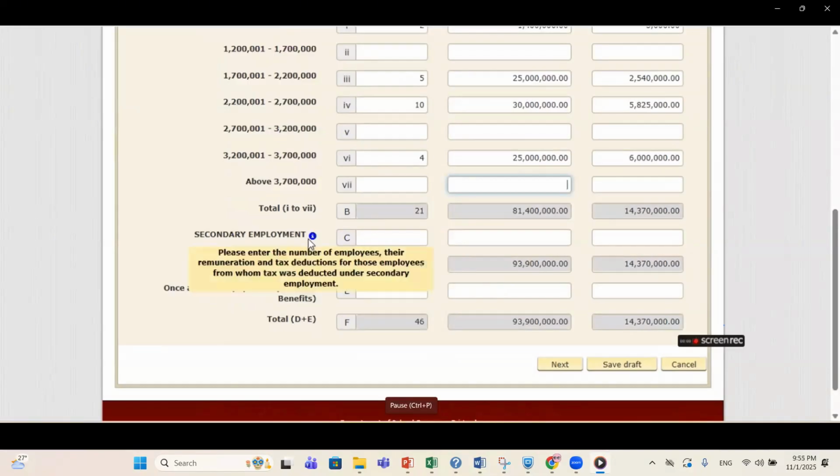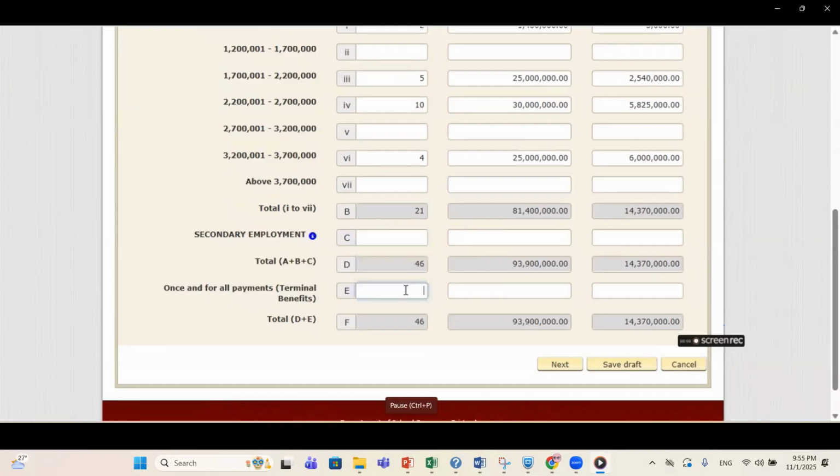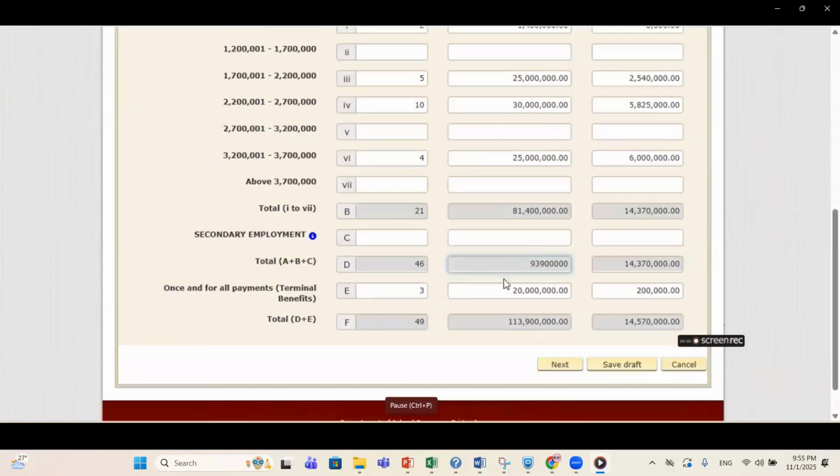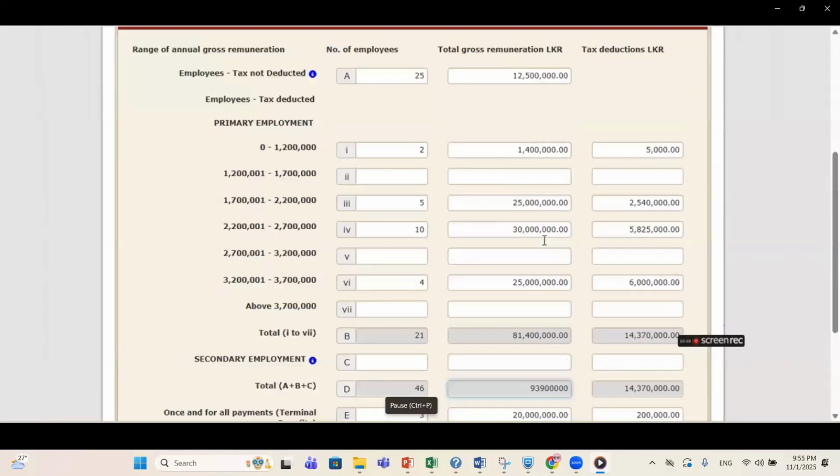So again, further information, right? Then you have to move to the next once you complete this part.